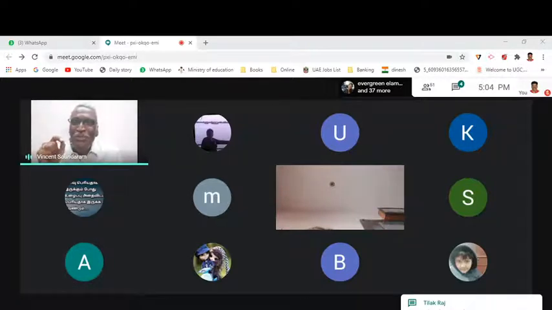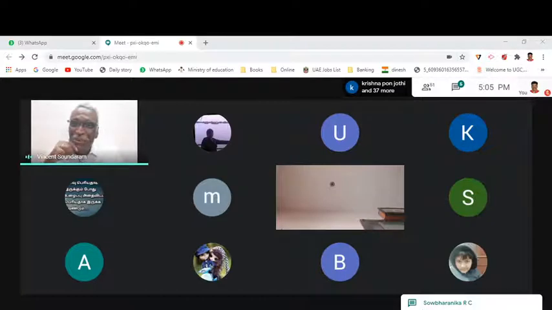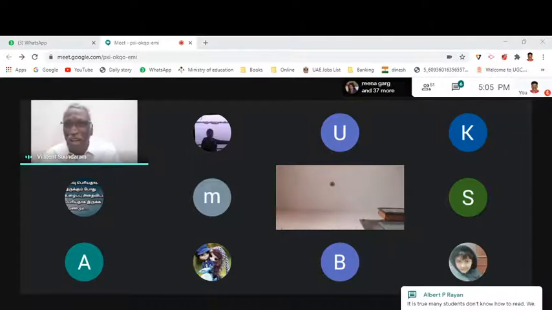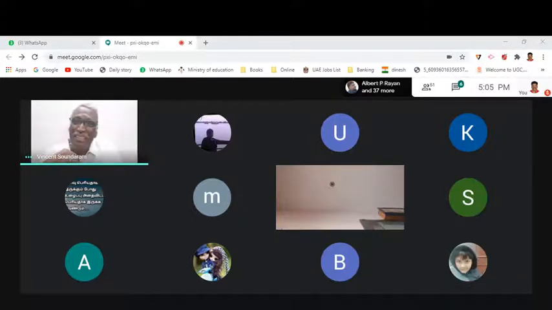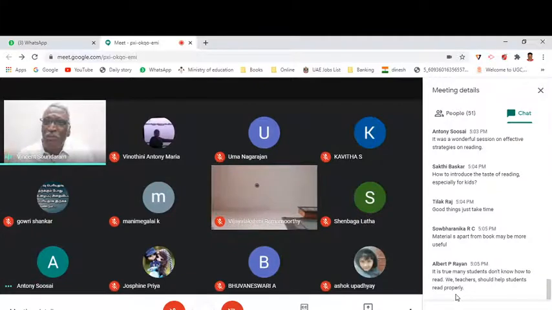How do you give them the taste for reading? Which do you like? Do you like sweets? Yes, you like. So all children like sweets. So first you promise them the sweets, and then you give them something that is necessary for their health. For instance, you say, after you eat all these vegetables, I'll give you some sweets, some dessert. Then they will eat all these vegetables. Like this, you have to tell them,